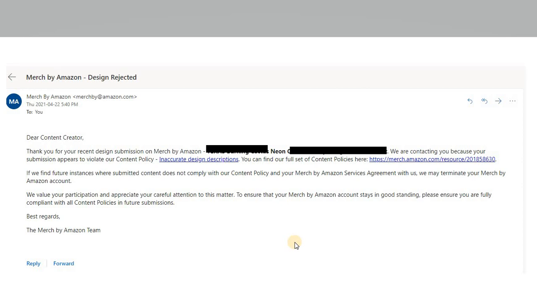I believe that if the wording can be used for another product type, where it means something more than the neon color of your text or design, then those designs will get rejected.